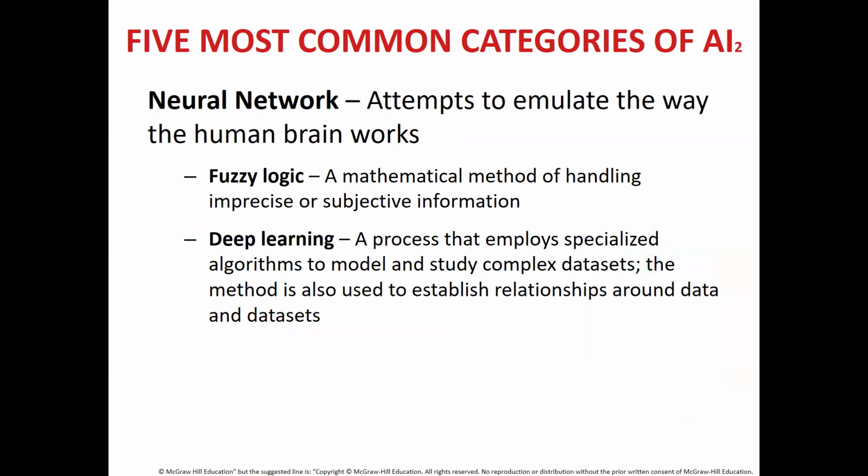Second type of AI is neural network. Now, neural networks attempt to emulate the way the human brain functions. When you say emulate, it's more like imitate or try to repeat the way human brains work or think. Neural networks are generally useful for decisions that involve patterns or image recognition, mostly used in data mining purposes, and it derives new knowledge from a large set of data.